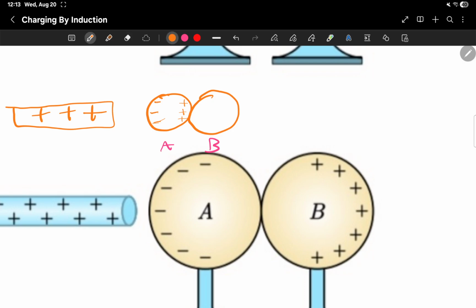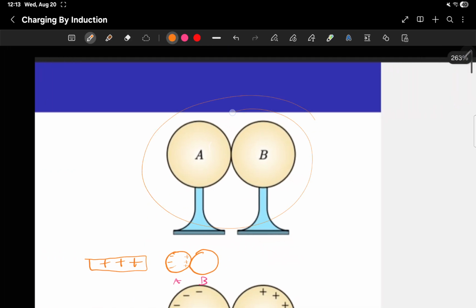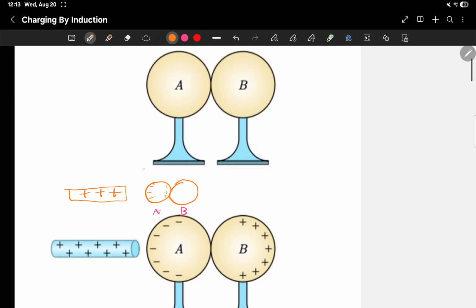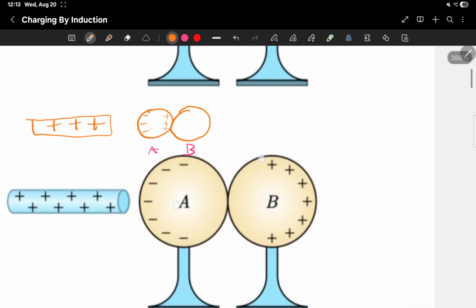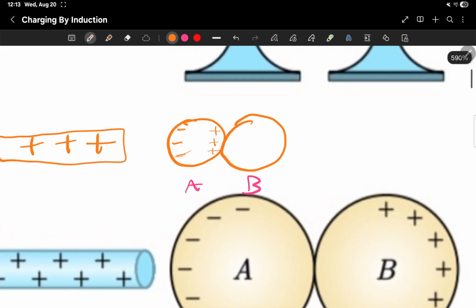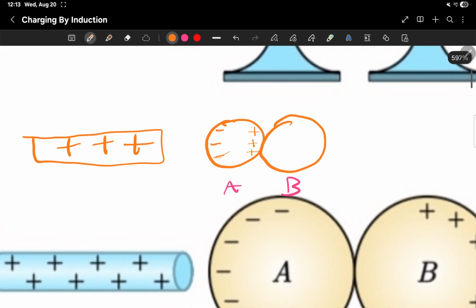In this question, sphere A is also connected to sphere B. So something similar is going to happen here. We started with two spheres touching each other, then you brought in a glass rod. And then what I'm explaining to you is how we get from that step to here. So now, since this guy